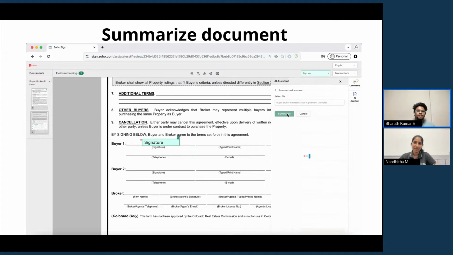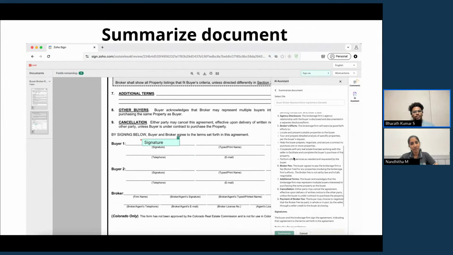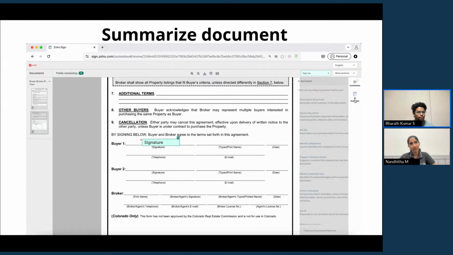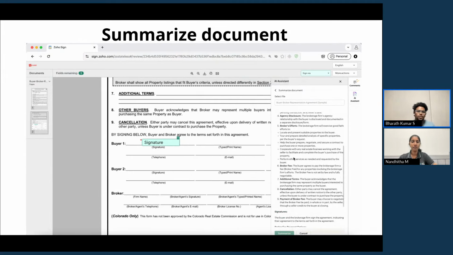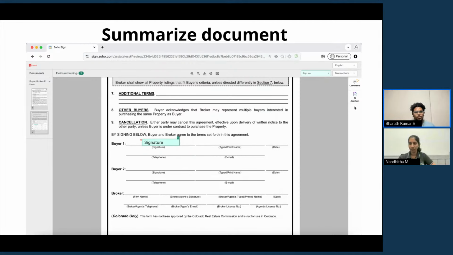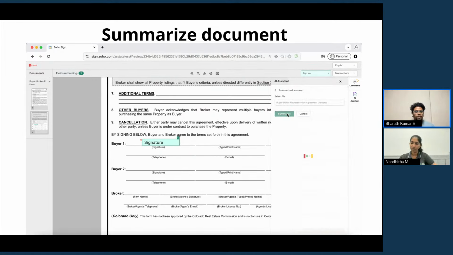So with this summary feature, what we will be doing is, when a document is sent out for signature, our AI engine will just read the entire document and it will give a concise summary for you. So it will help most of the business users when they have to sign multiple documents in a single day. So let's take a manager who wants to complete a signing within a day. Like the deadline is within a day, so he has to sign some 10 to 15 documents. So manually going through the entire document would really take a lot of time.